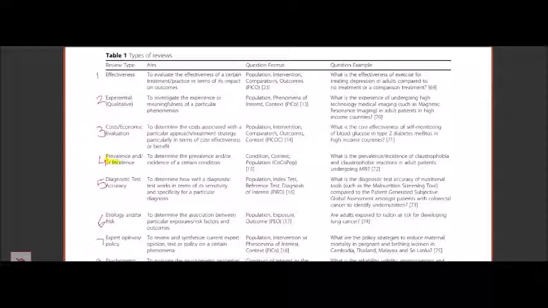effectiveness in your review type, experiential or qualitative review type, cost and economic evaluation. The fourth one which I'm going to discuss right now is on prevalence or incidence. Now you see, you can use both of them together, prevalence and incidence. Prevalence or incidence, that is the difference between 'and' or. So be very careful to determine the prevalence and incidence of a certain condition, or prevalence or incidence of a certain condition. So here they are using Coco Pop, and the question is, what is the prevalence or incidence of